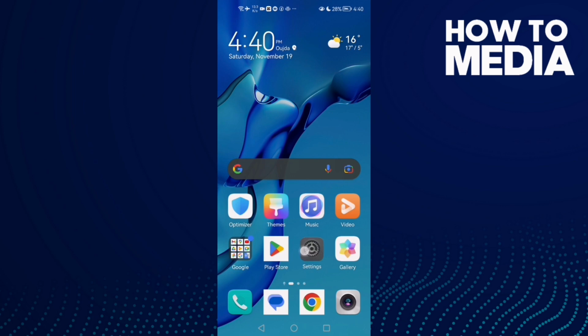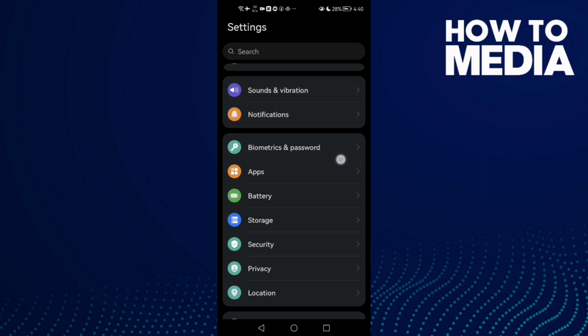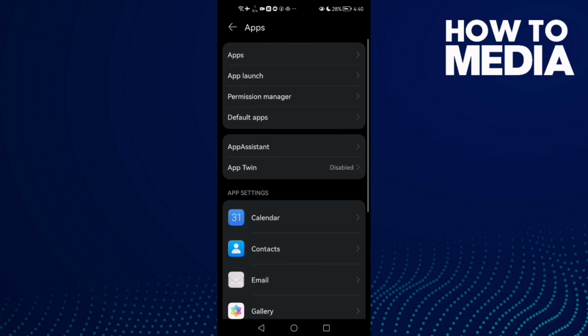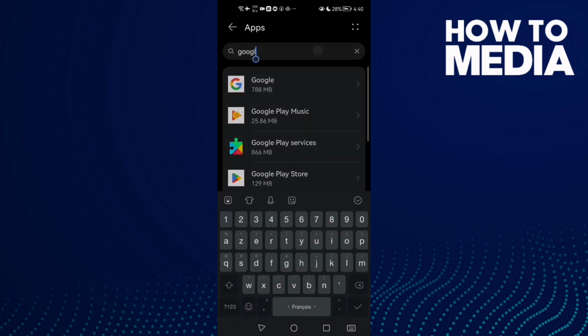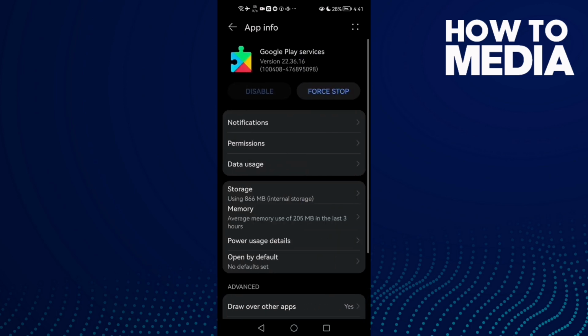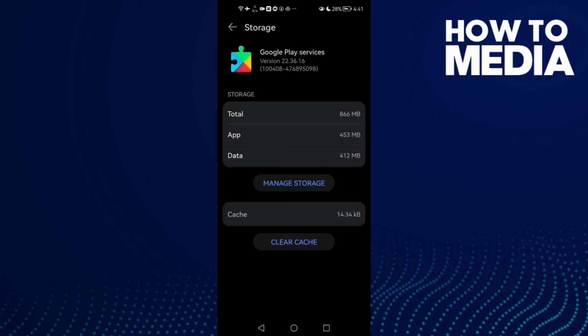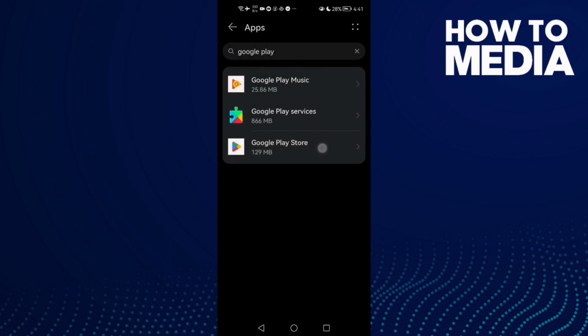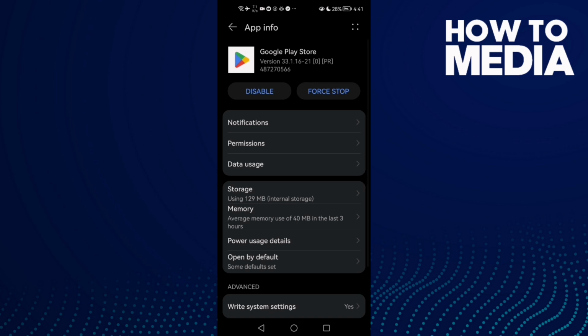First open settings and then scroll down until you find apps, and then click apps again, and now type here Google Play, and here we'll find Google Play services. Click on it, click storage, and then clear cache, and after that click Google Play Store and then click force